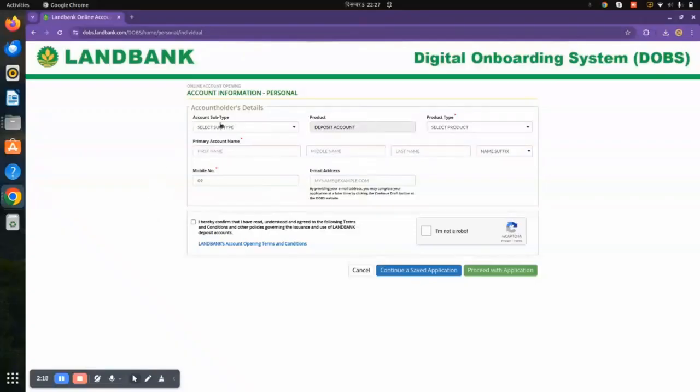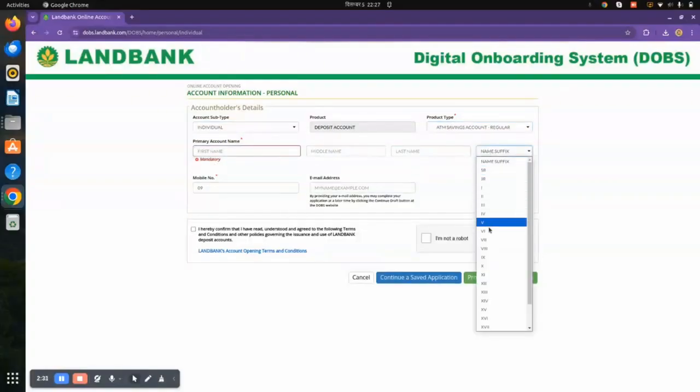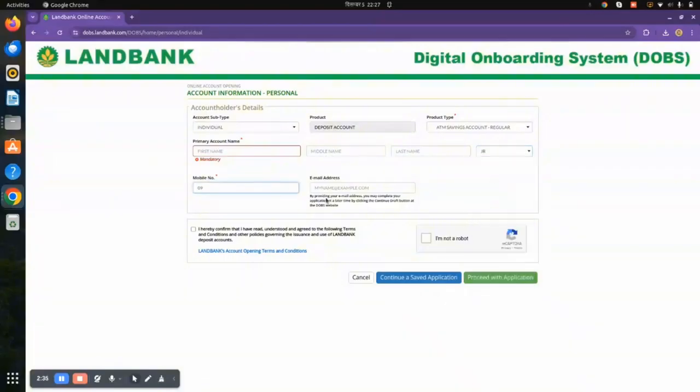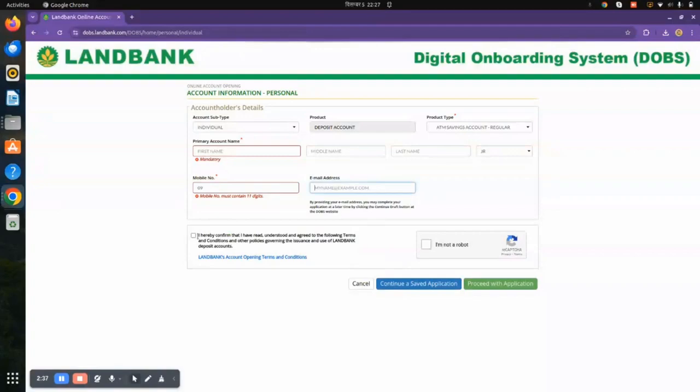You will have to fill in all these details such as your account subtype. So let's say it's individual, your deposit, or you will have to click on the product type. So let's say it's an ATM savings account. Your first name here, your middle name, last name, name suffix if you want to. If it's a junior, just click on junior. Your mobile phone number, your email address. Then simply tick on this option and click on this I'm not a robot option and click on this proceed